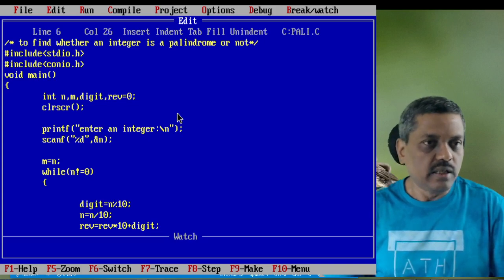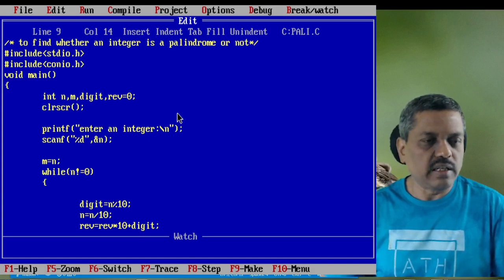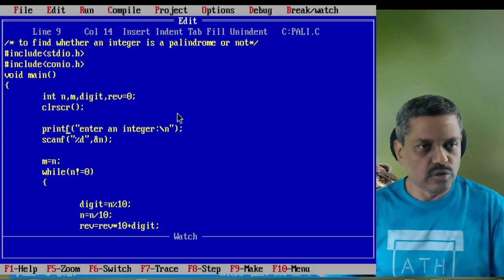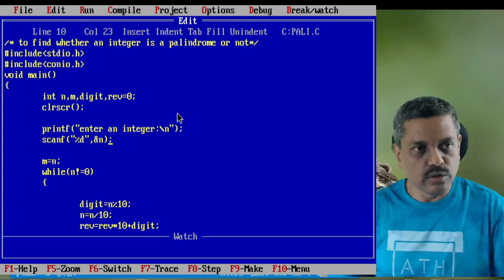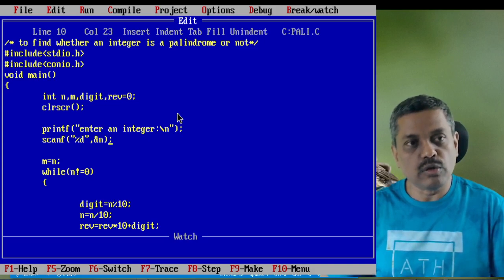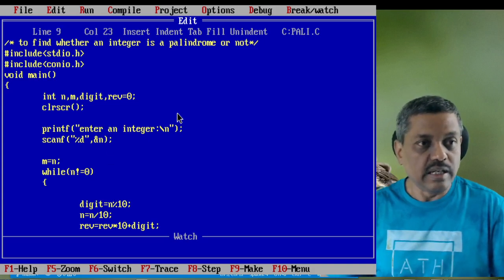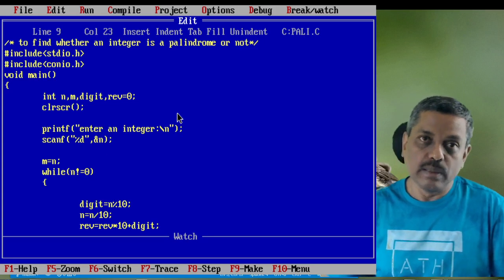Of course, it should be initialized with 0, and the clear screen will clear the clutter of the previous program output. So we use that clear screen function. This is another with respect to video, of course. Then we have to start interacting with the keyboard and the console, which means the keyboard and the monitor. So this will display in the monitor: enter an integer. Without this printf function, if you try to use only scanf, of course it can be done, but then you will have no clue about what to enter, what the program is expecting. So it's very important that every scanf function should be preceded by a printf function.